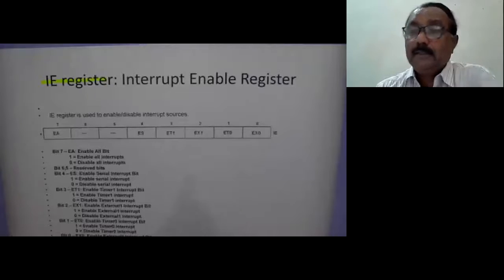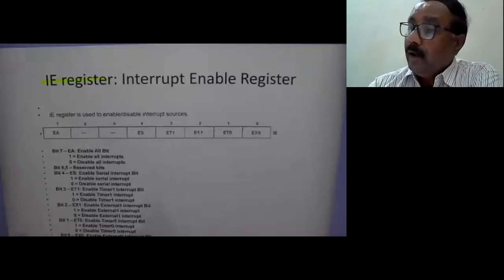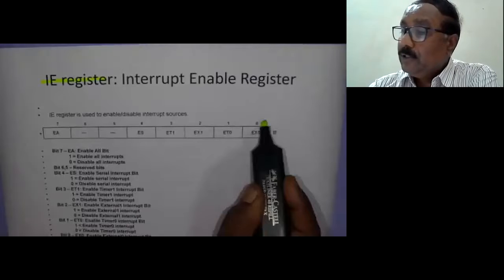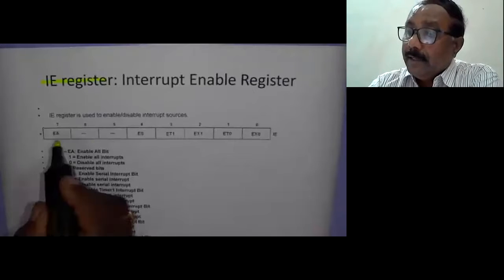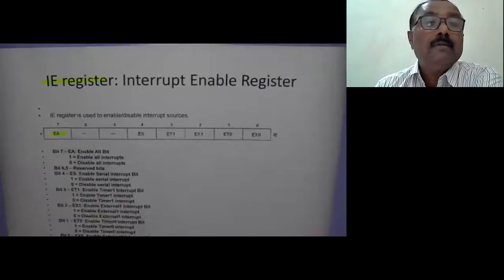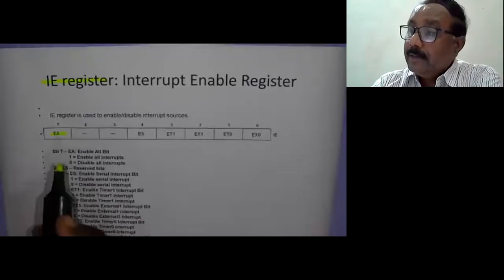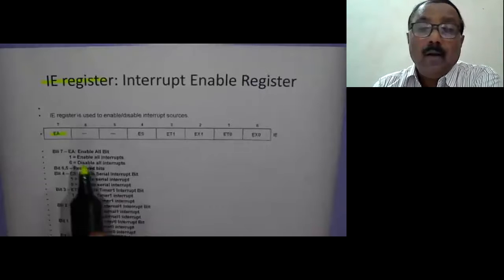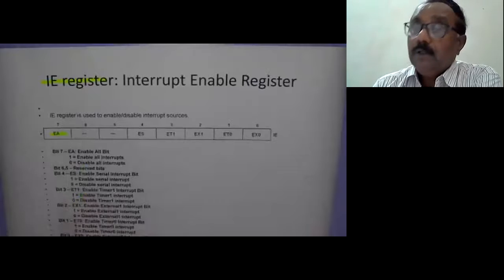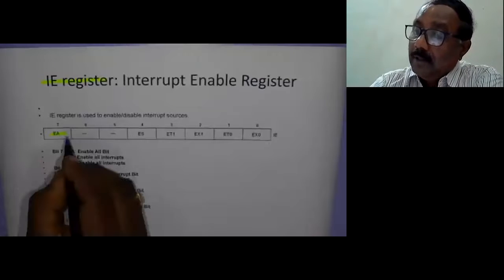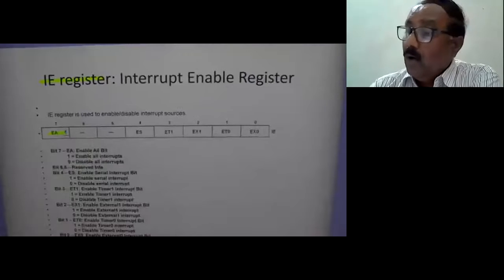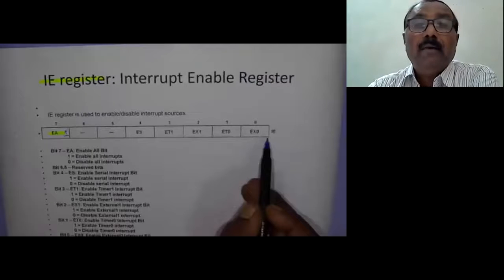The IE register is a special function register, and it is an 8-bit register. This is the 0 bit and this is the 7th bit. The name for the 7th bit is EA. EA means enable all interrupts. When this bit is 1, all interrupts are enabled.